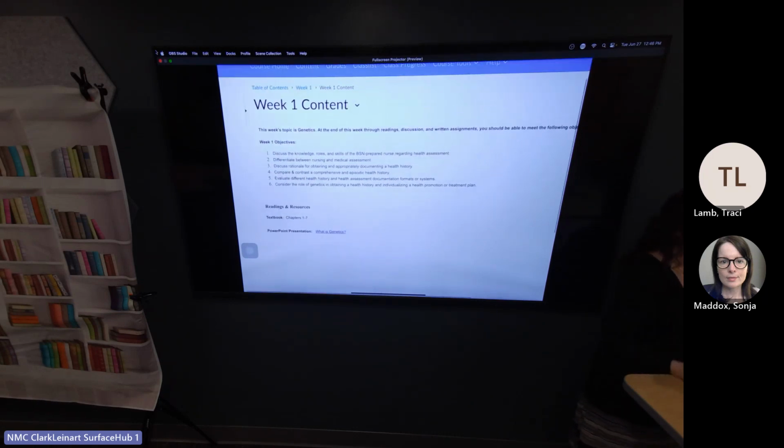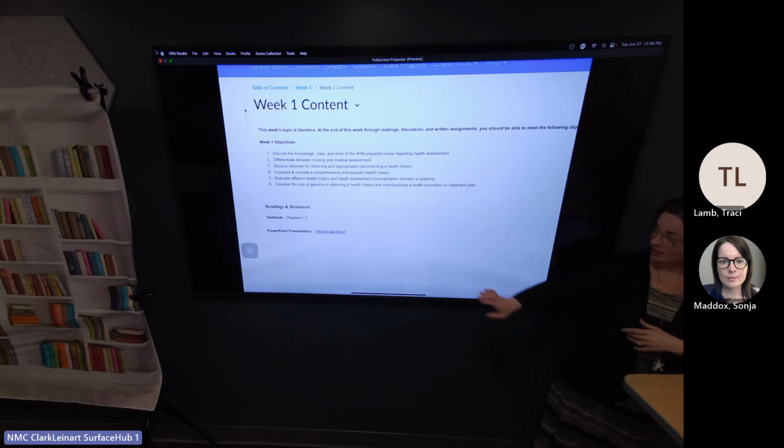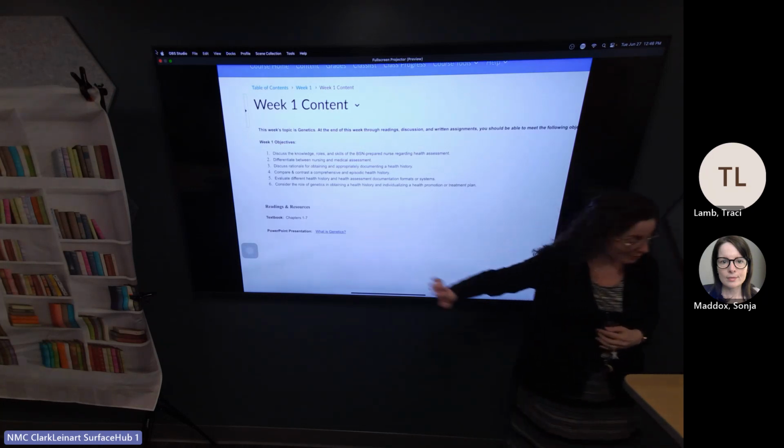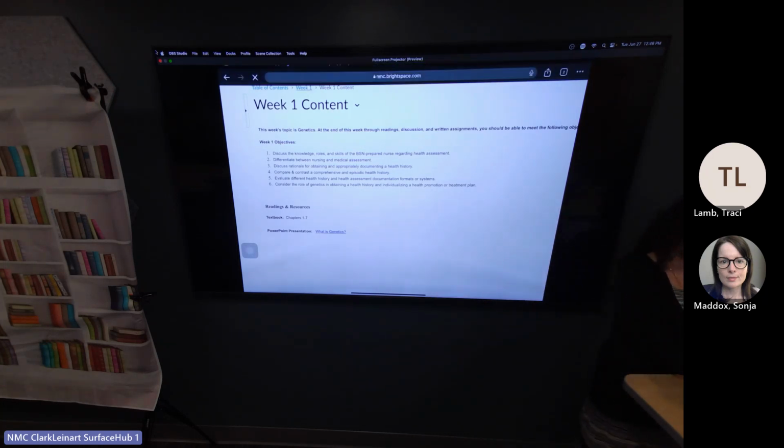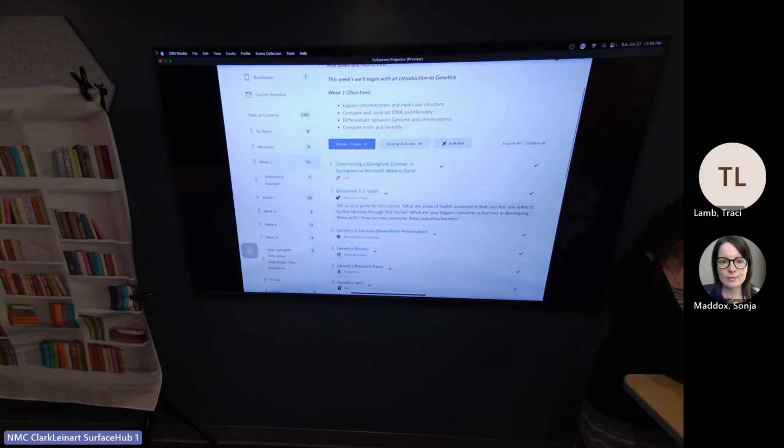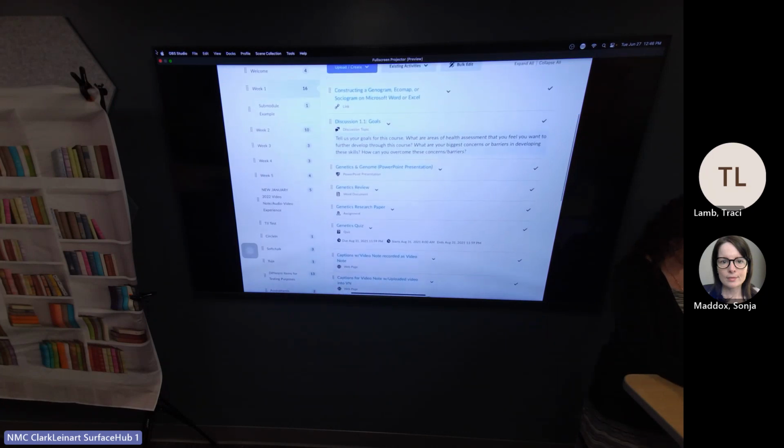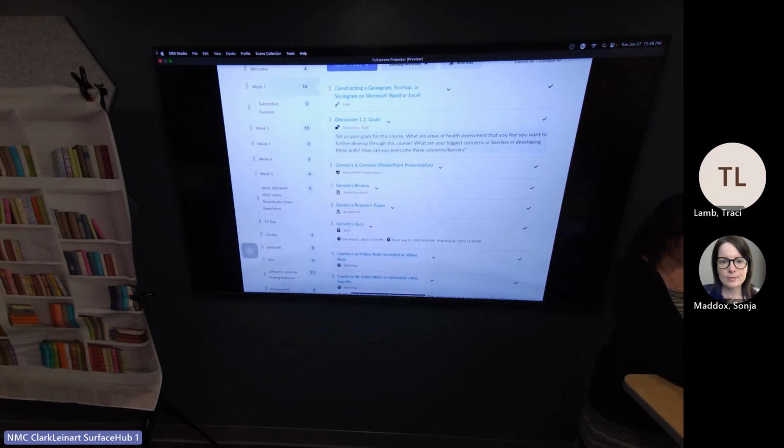Oh, here's an example. It looks almost identical to the one that we had just looked at. And it looks like the PowerPoint presentation is just kind of buried in here, but let's look at week 1. Is there also somewhere else? Yes, it's also there. I would 100% say it's okay to be redundant. As long as it's the exact same PowerPoint in both places, put it in more than one place, because students may not realize it's there.